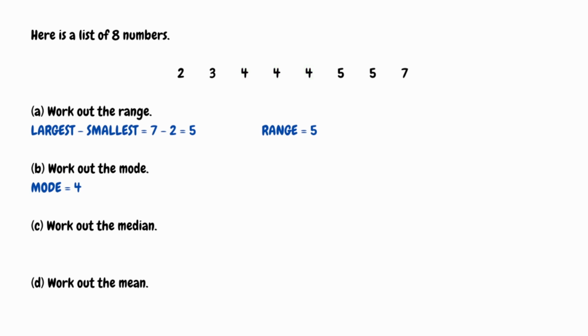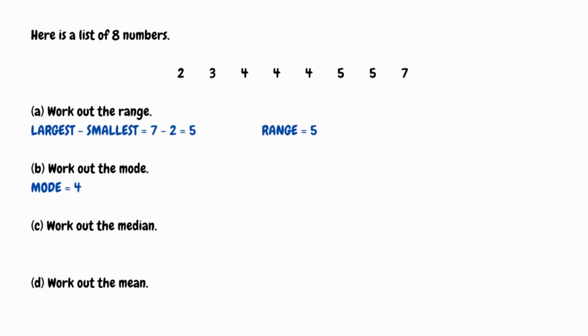Now moving on to part C, we need to figure out the median. Well, the median is simply the middle number when our list of numbers is in order. The easy way to find the median is just to cross off numbers from each side until we meet in the middle. If we have an odd amount of numbers, we will actually land on a specific number. However, if we've got an even number, like we have in this question, we're actually going to fall between 2